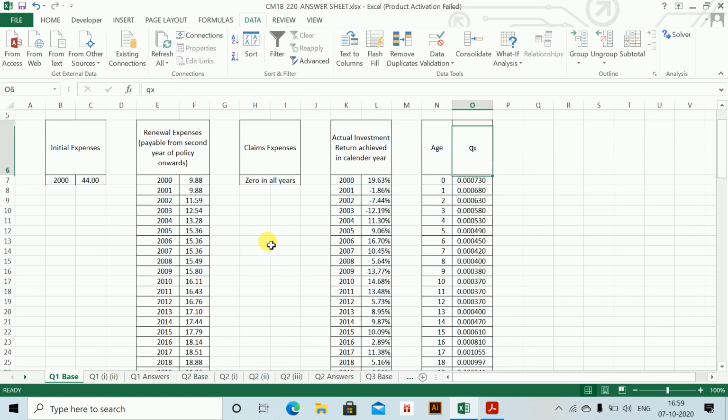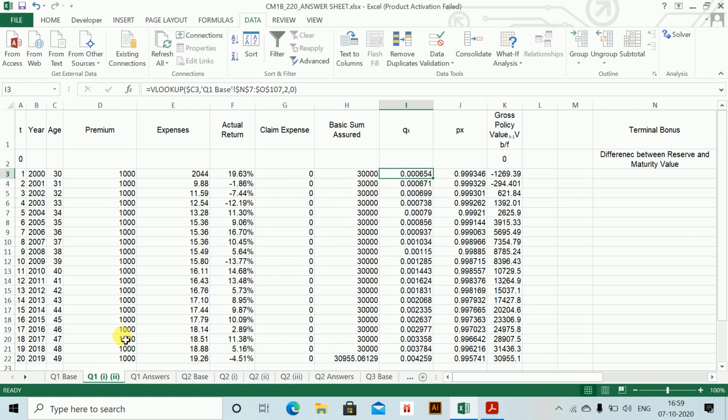Now if you know the recursive formula, it is the formula which we will use here, the recursive calculation formula. I'll just write the formula here.